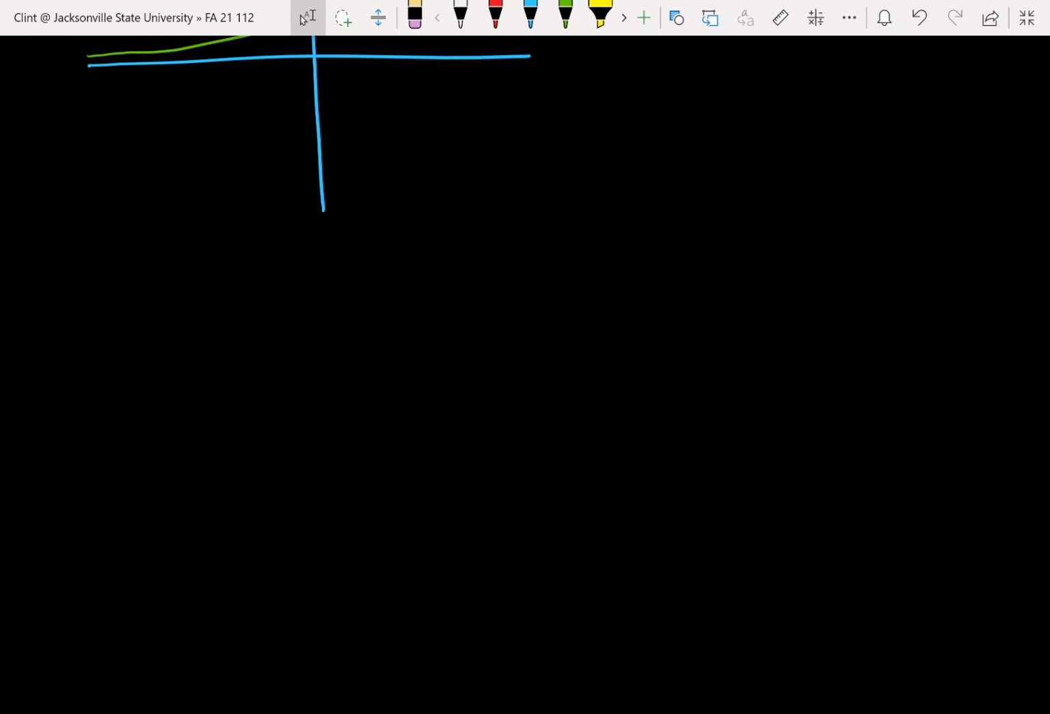Number 5. We've got 4 different graphs, and we're going to match up which graph goes with which function. So we'll just write them down and figure out what the graph should look like as we go. So A